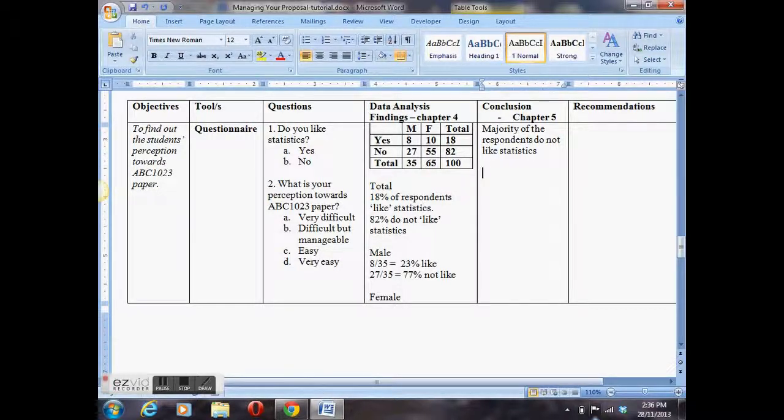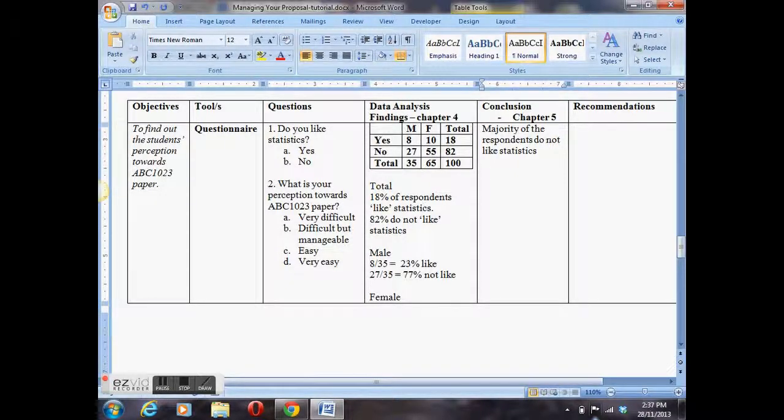If male respondents do not like, but more than half of the female respondents do like statistics,